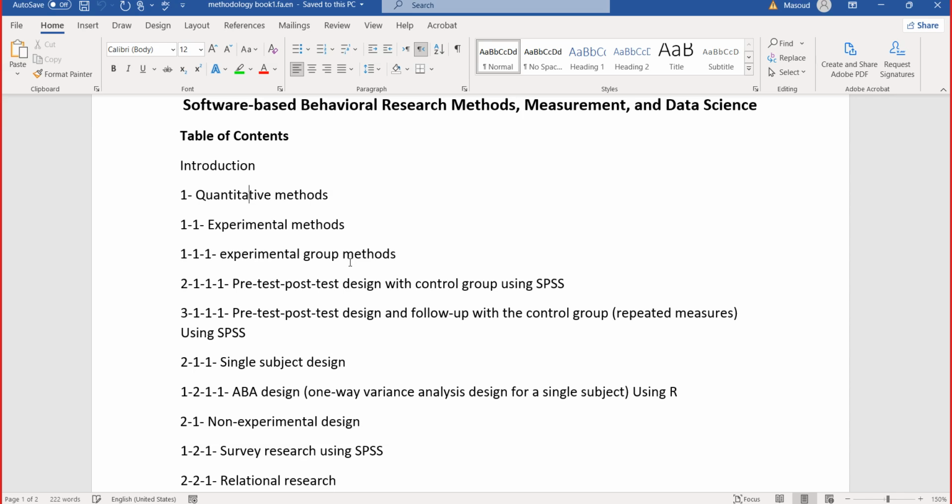For example, say the dependent variable is vocabulary retention. You have a teaching method that you implemented, and the treatment is done on the experimental group.